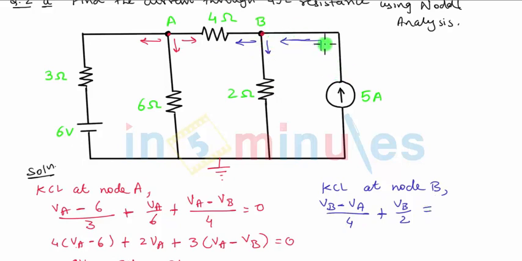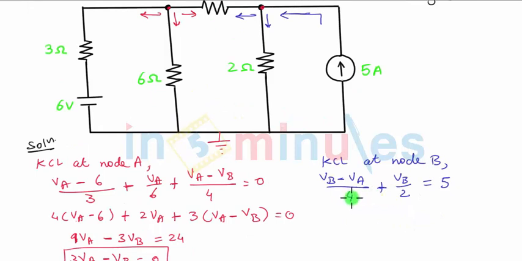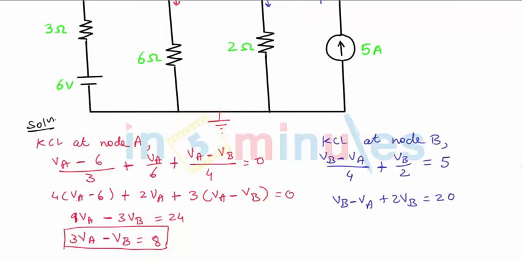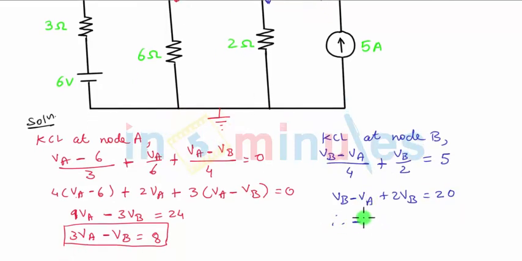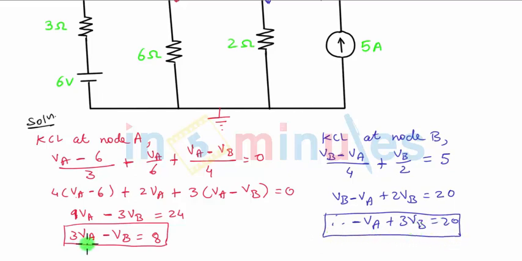So these are the 2 outgoing currents which we have added on one side. This will be equal to incoming currents. There is only one incoming current of value 5. So I will simply write equal to 5 here because that's the current source directly. So if I take the LCM, which will be of 4, this will become VB minus VA plus 2 VB equal to, so I'm multiplying by 4 throughout. 4 by 2 will be 2 VB and 4 by 5 will be 20. So this becomes, I'll keep minus VA as it is, this will be 3 VB equal to 20. So that's my second equation, this time between VA and VB again.